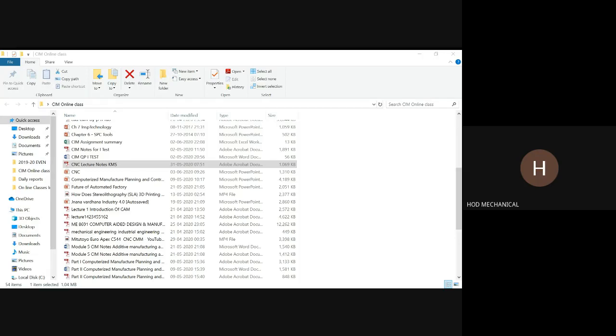Now from this point to this point, you are moving the tool rapidly. That is called the rapid traverse. So remember, whenever you are not going to cut any material, always use the rapid traverse. That is a very important thing.